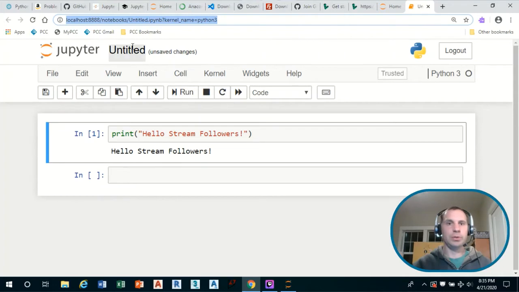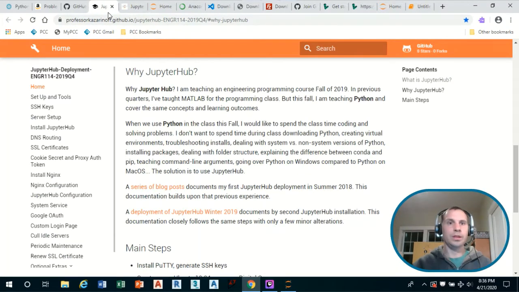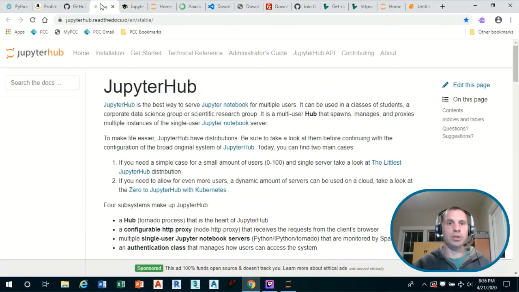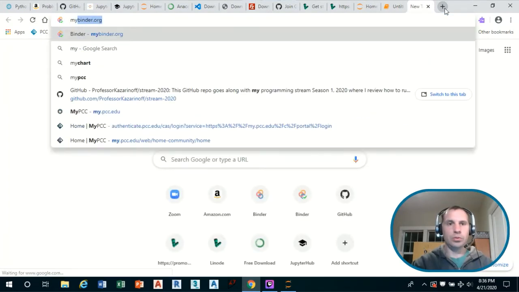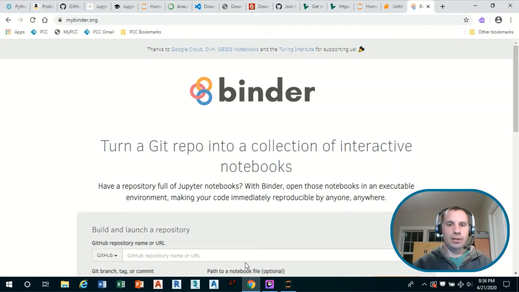An example of that is this project Binder. So let's see if we can open up a Jupyter notebook up in the cloud. So if you go to mybinder.org, and then here I'll just put in one of my GitHub repositories.